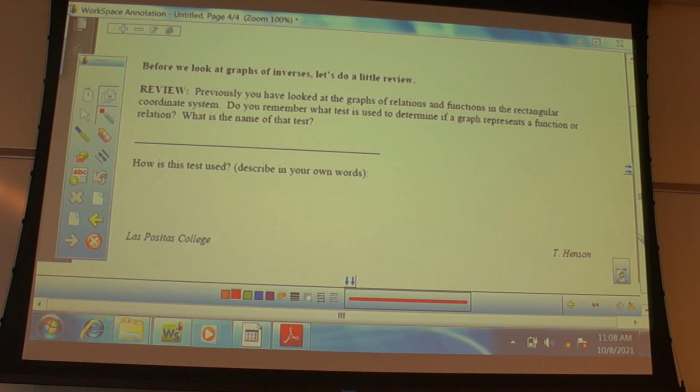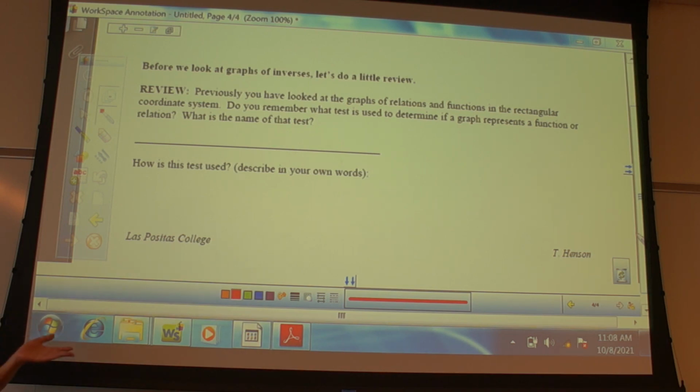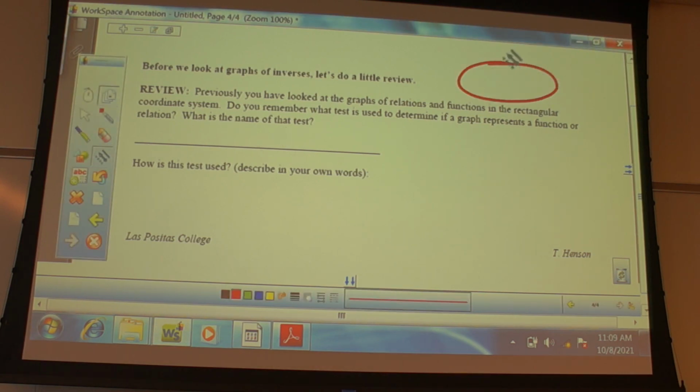Previously we looked at graphs of relations and functions in the rectangular coordinate system. So basically you looked at graphs in the normal coordinate system. Do you remember what test we used to see if you're looking at a graph, whether it's a function or a relation? The vertical line test. You guys remember, we draw a vertical line,